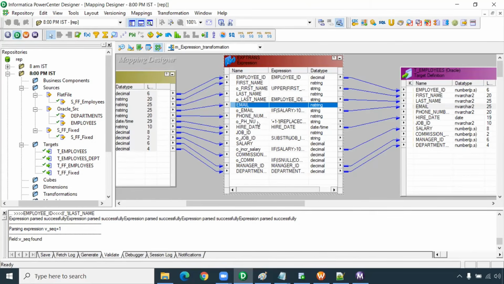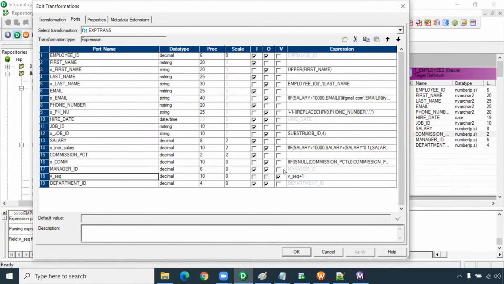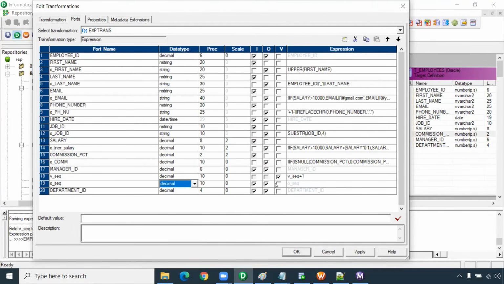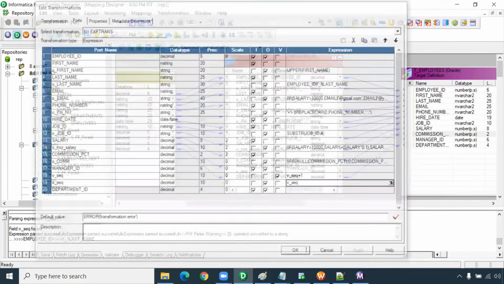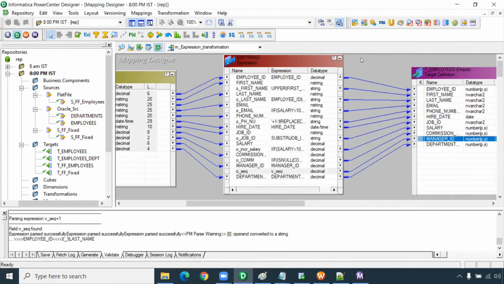That's what. You can make the phone number here, drag and drop. Then job ID, you can drag and drop. Then commission percentage, you can drag and drop. Then manager ID, look at here, there is no manager ID here, right? So you can remove this. And I want to take the sequence of numbers. I cannot take the variable port outside. That's what I told. So you have to assign this variable port to the output O underscore sequence. It is also decimal. Then we can make it an output port and assign the variable port to this. Okay, click on OK. Then you can take this one. So this manager ID will have a sequence of numbers.